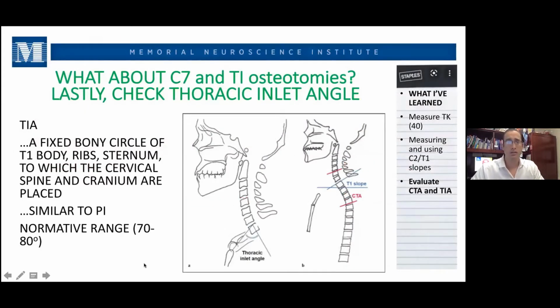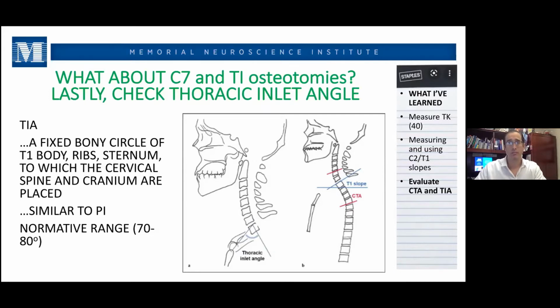And then this should be the last piece of new information. Honestly, that's it. We've covered all these extra parameters, including the thoracic spine that we've touched on. There's something called a thoracic inlet angle. And this is not really that well understood from what I've interpreted in the book. They're applying it as a fixed parameter. It's considered a bony circle without range of motion, and it involves the T1 body and also the first ribs and the sternum. So they consider it a fixed parameter,